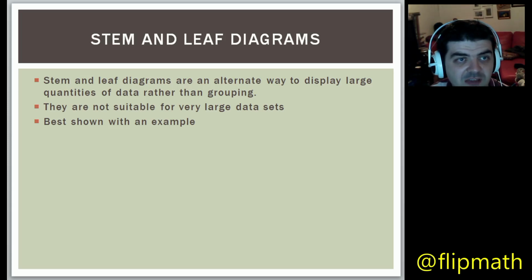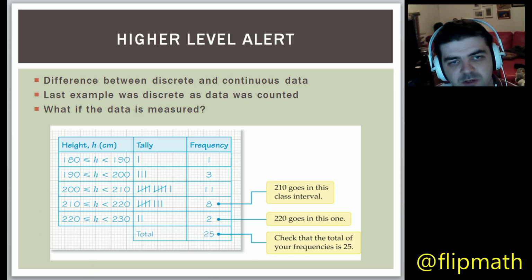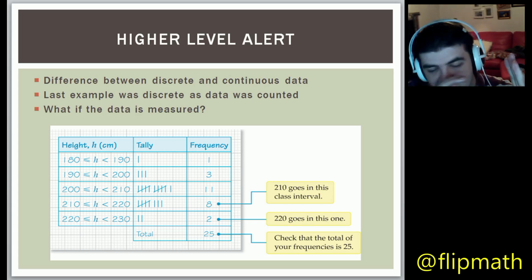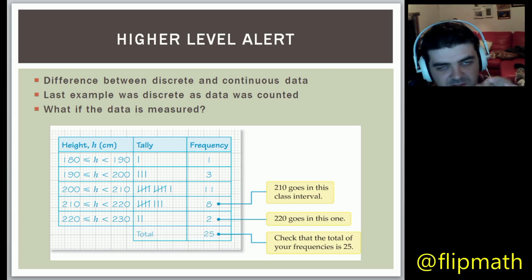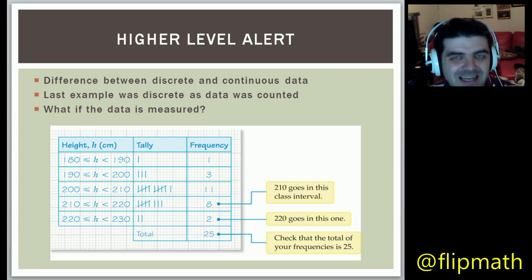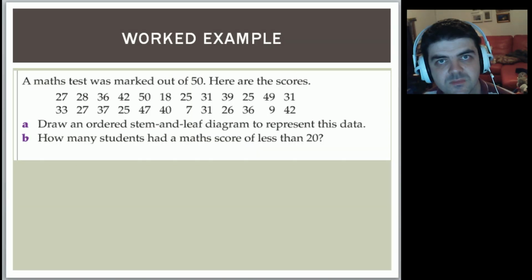data sets. If I flick back to when we were doing our group data like this, we didn't keep the essence of the original data, so we didn't know where the spread of the values were between 190 and 200 when we did this method. We just knew they fell within that scope, so they could have all been like 190 rather than evenly spread. In a stem and leaf diagram, we can capture that information. Okay, so it's a good way of displaying that data if you want to keep that bit of information, but because we keep each individual piece of data, it's not good for really large data sets. Okay, so let's look at an example